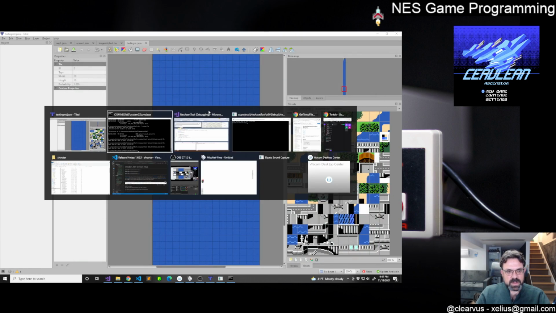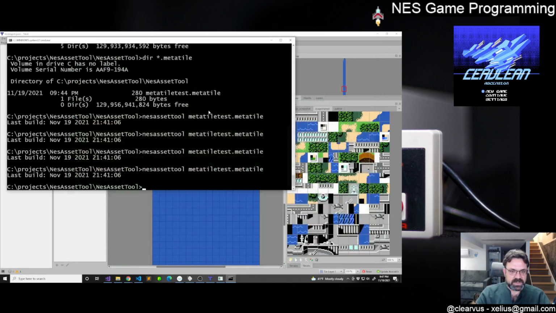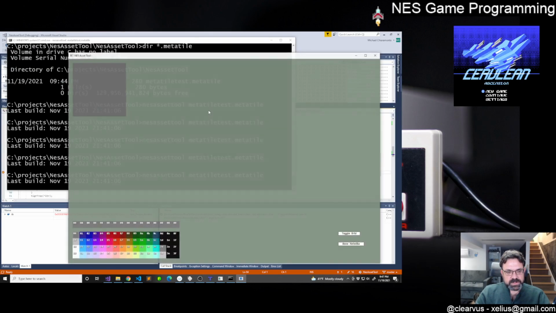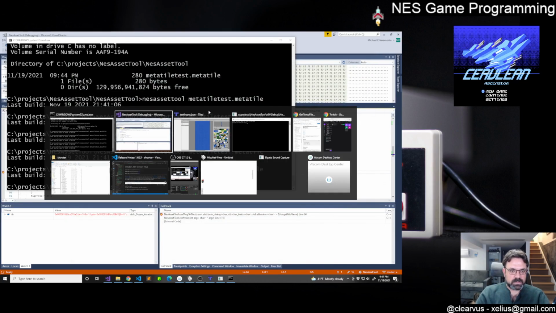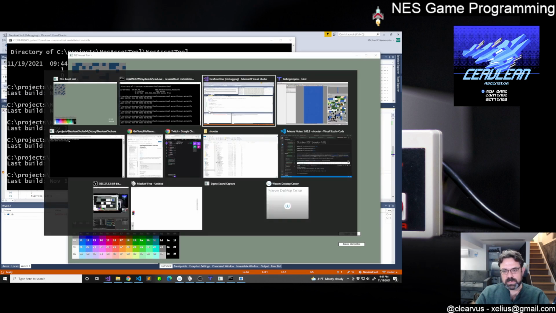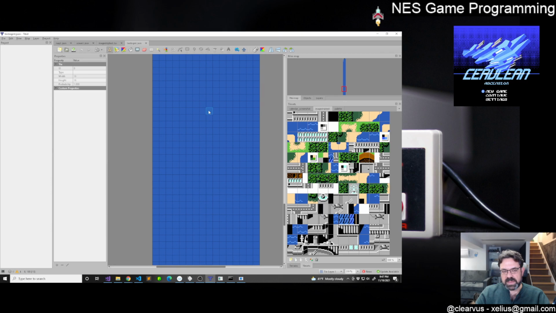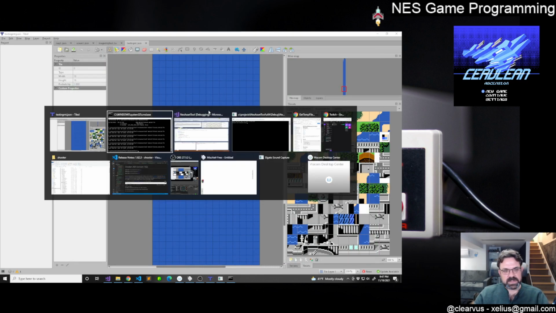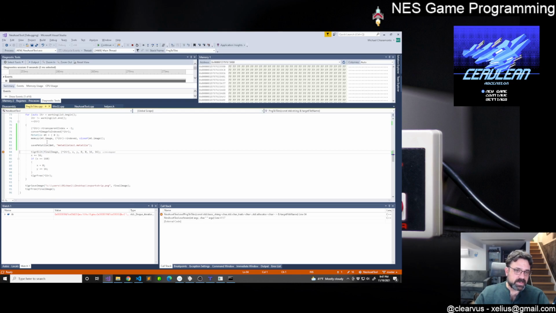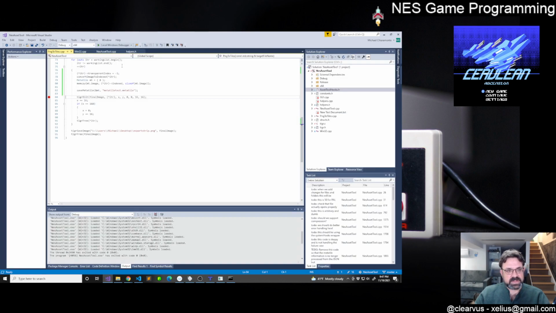And again, the colors are wrong because we're not dealing with the palettes at all right now. We're just literally taking just the raw data as is and converting it to, yeah, that looks like it's working. Okay, and just converting it into an indexed image using the NES color palette, and then I'm not setting the palette up properly, so it's not saving that properly in the metatile file. But let's see,